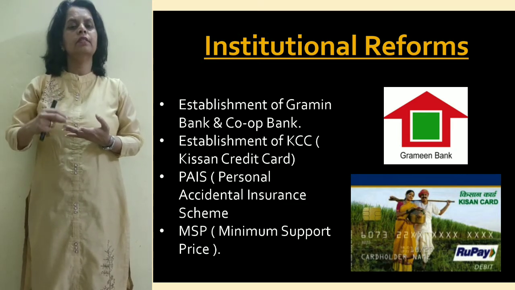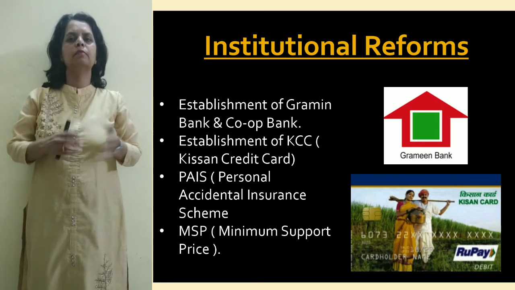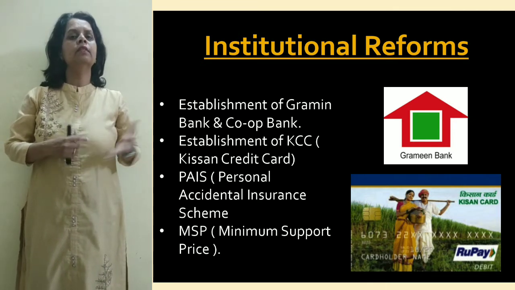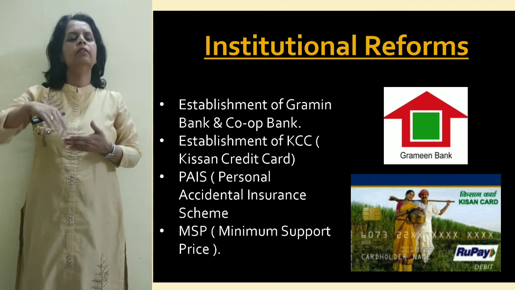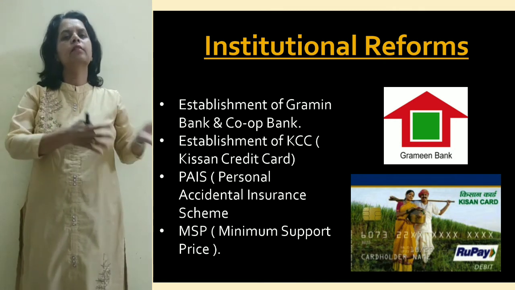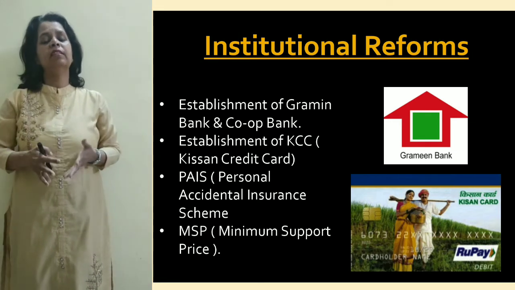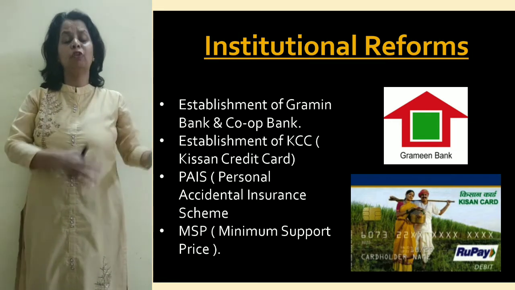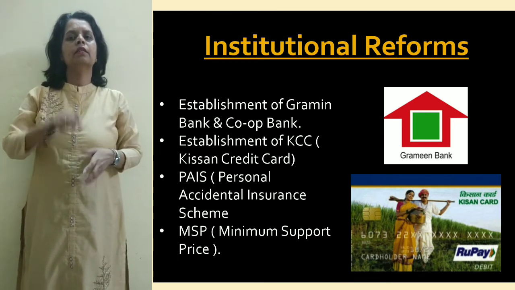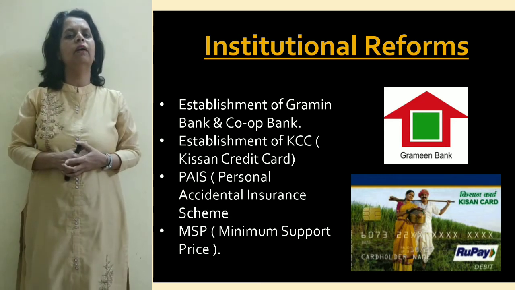PIS, that is Personal Accident Insurance Scheme, MSP. When we talk about minimum support price, these are the pre-announced price, that is before the sowing of the various crops. You will see this removes the element of uncertainty among the farmers. The government announced that pre-announced price, whether your harvest is good or bad. Like if it's a bad one, if that particular farmer doesn't get anyone who can purchase the crops, then the government says that I will be purchasing your crop at this particular price. So you will see these types of minimum support price, it is a type of insurance for the crops which are being grown by the farmers, right?